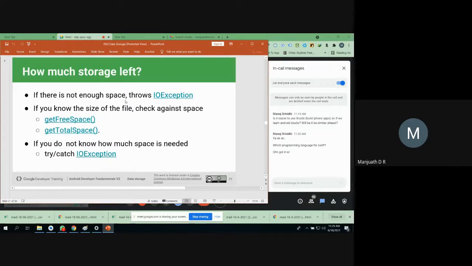You can have other methods to know how much total space is available in your internal storage, and also how much free space is available. Always try to put it within an exception, because when you are working in your system, there may be a chance that you run out of space, right? While running your application, you may face this type of problem.